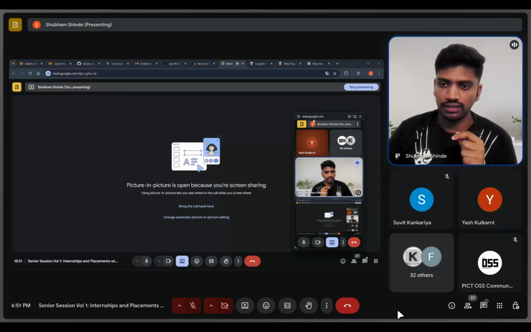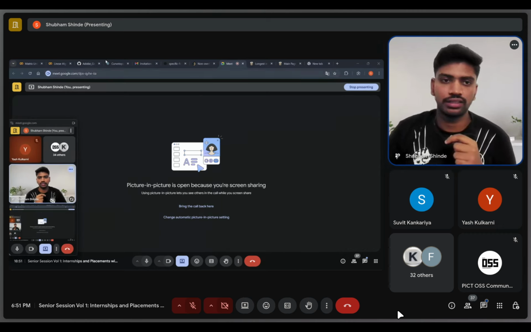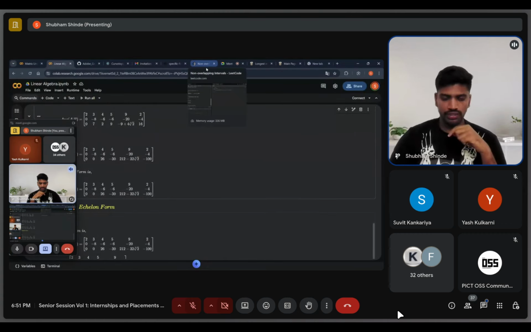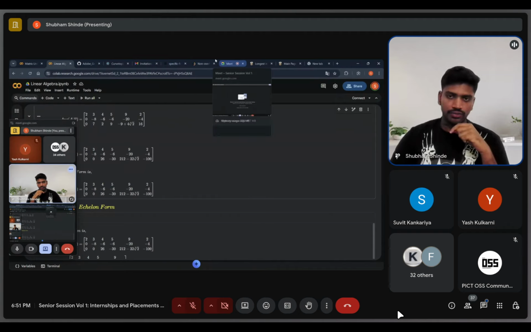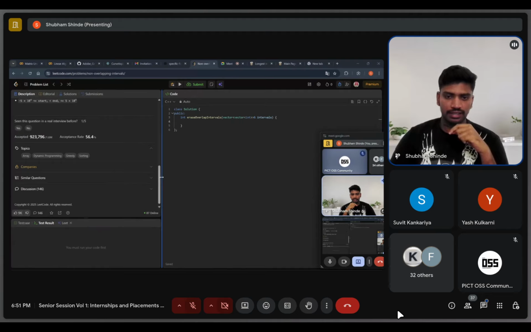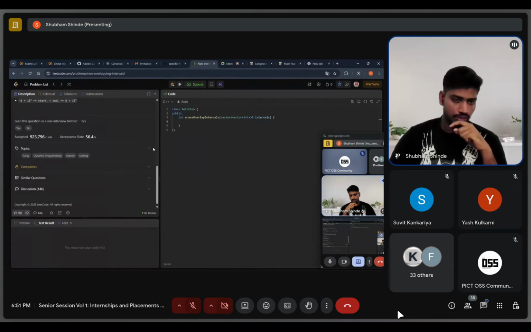First one is communication. You should have clear communication skills, because when you are solving any problem in an interview, you have to explain your approach very correctly, and tell the interviewer that you got the complete problem and how it will be solved by this approach. Not just by doing coding, you have to convey your correct solution and your logic to the interviewer. So this one is the first.